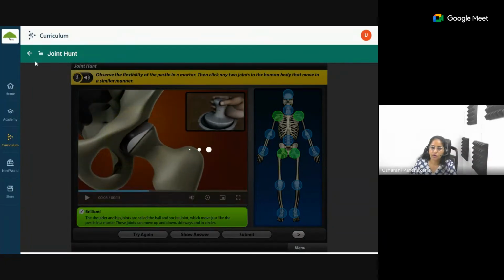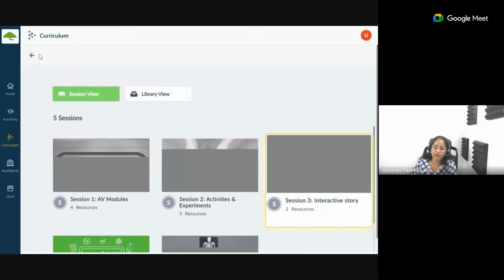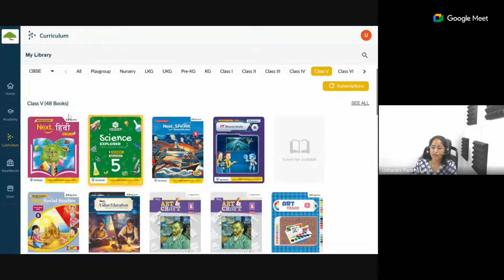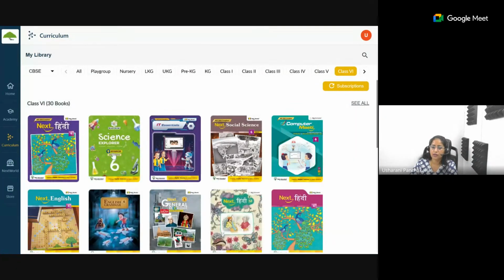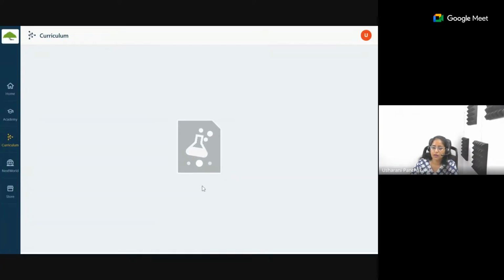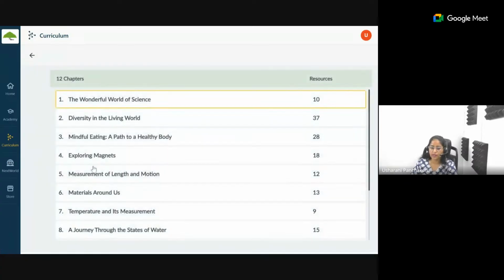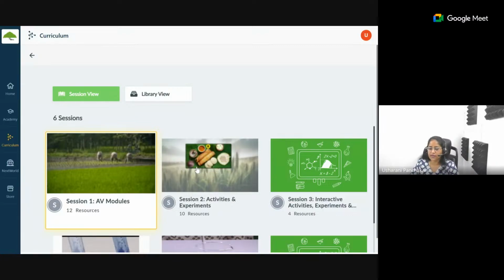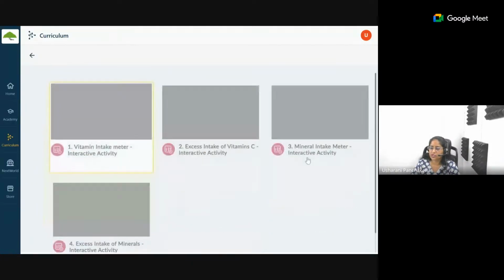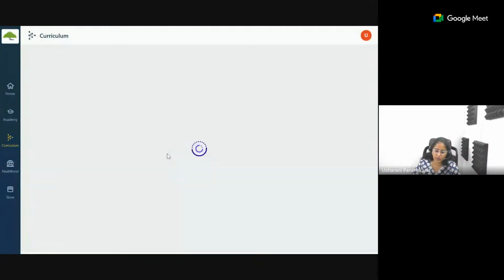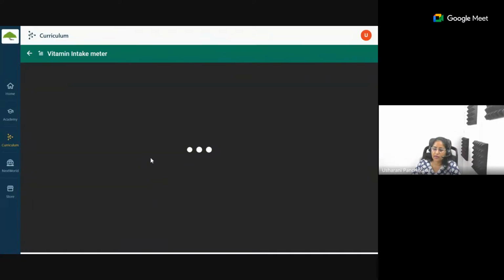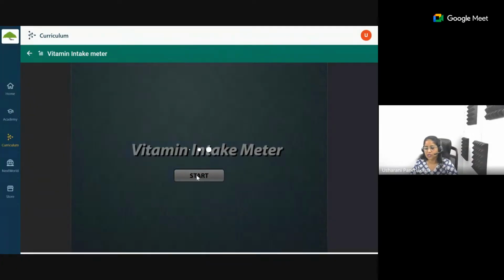And this way, you have lots of simulations and activities, and with respect to vitamins also, what we call the vitamin intake meter. That also I'll be showing you one sample. We all know that in the syllabus, it was given that these are the food sources required to avoid any deficiency of any vitamin, right? So here you can check this vitamin intake meter interactive activity. It's an evaluation also, at the same time learning by doing. Both ways the teacher can use this as a resource in the classroom.